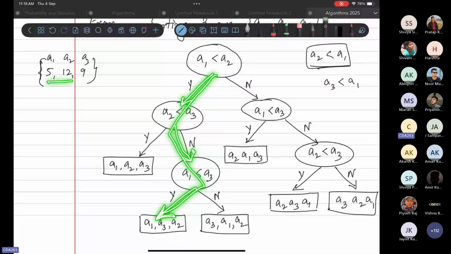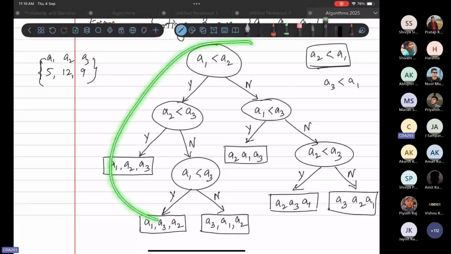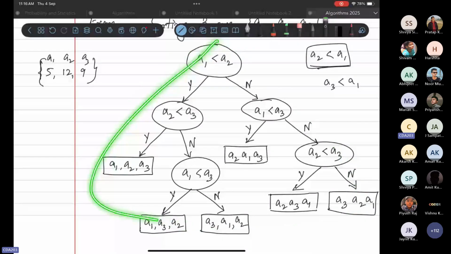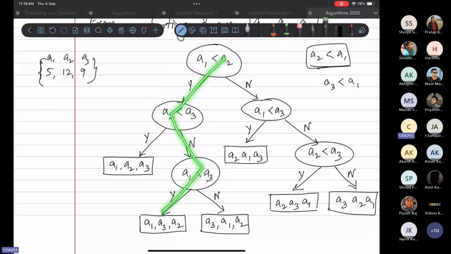No. This whole thing is an algorithm. A decision tree is representing an algorithm. If I follow one particular path of it, then this is just an execution of that algorithm. One particular execution. If you give me this particular input 5, 12, and 9,